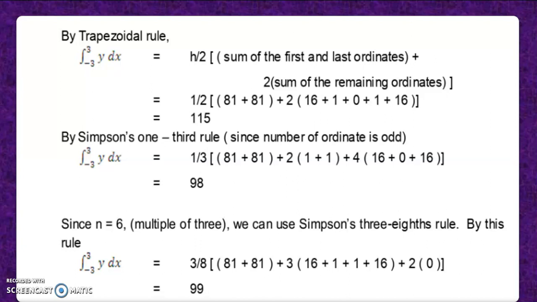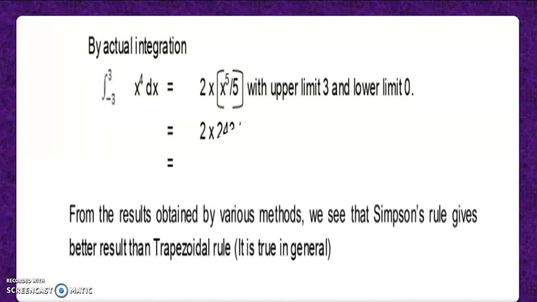Now we are going to compare these results with the actual integration. The actual integration is integration from minus 3 to 3 x power 4 dx. Since the function x power 4 is an even function, I can write it as 2 into integration from 0 to 3 of x power 4 dx. So it is 2 into x power 5 by 5, with lower limit 0 and upper limit plus 3. We are using the even function concept. Now by substituting the upper and lower limits, we will get the answer as